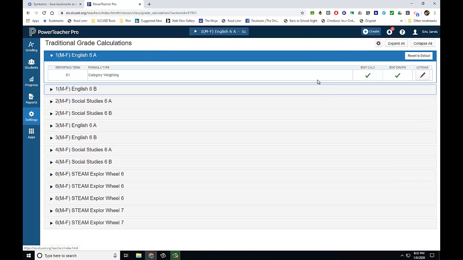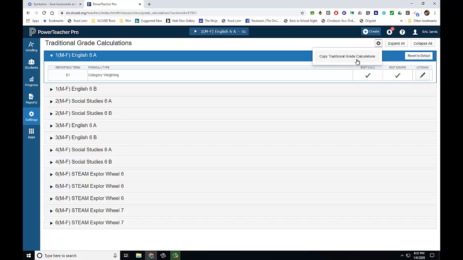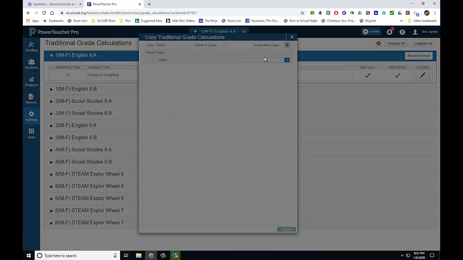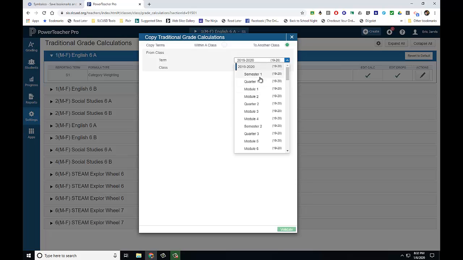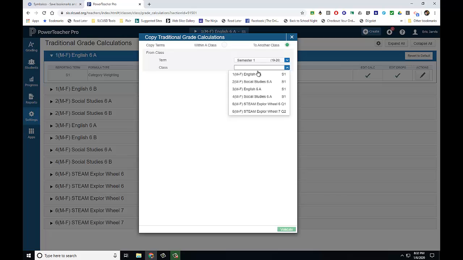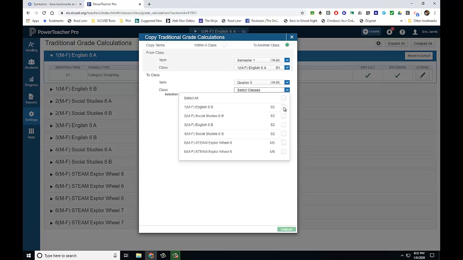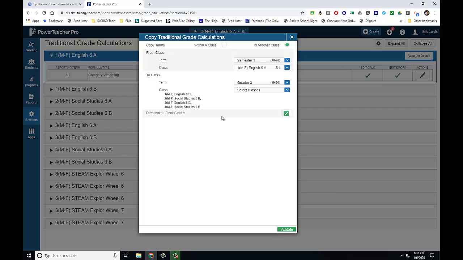Now, what I can do is, if I click within the category calculations, I can copy them to other classes. So I can go to another class, select the term. So I select my semester 1 class, English, and I can say, let's say I'm going to go to quarter 3 and all my classes in quarter 3, and I just click validate, and I've copied that calculation to all the classes,